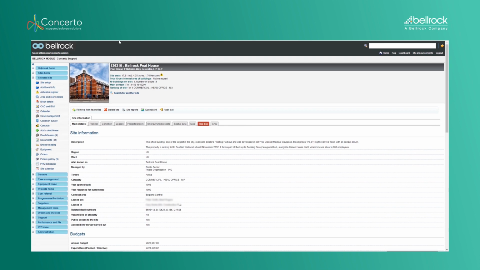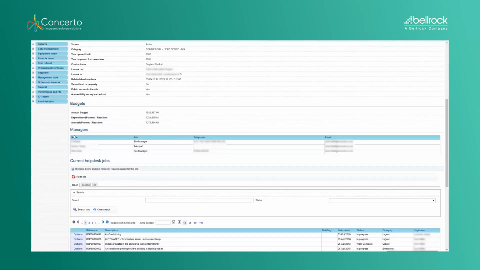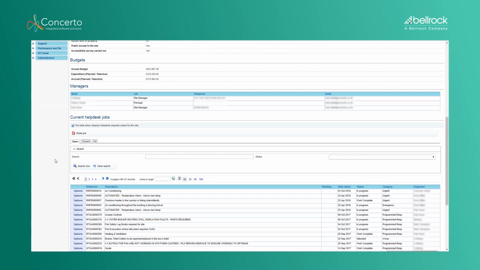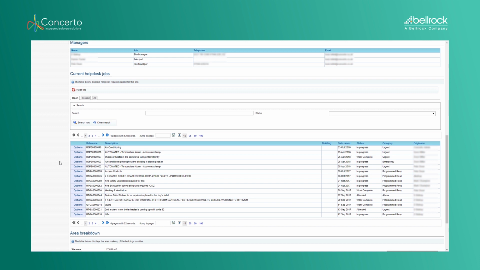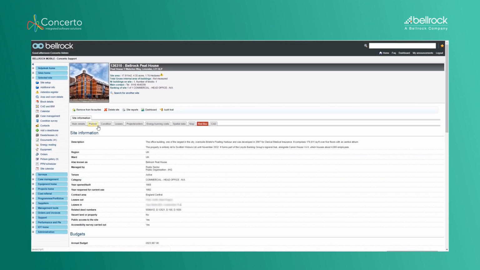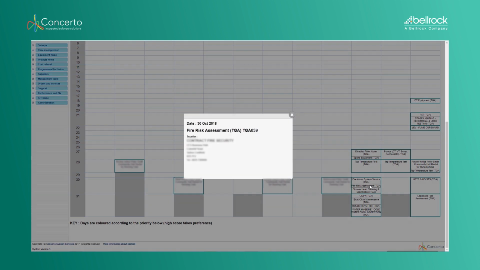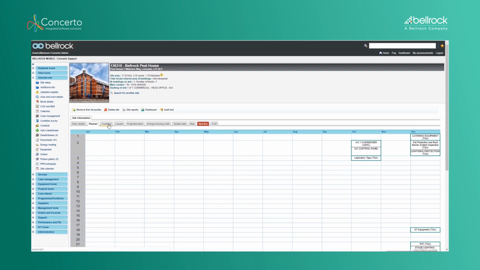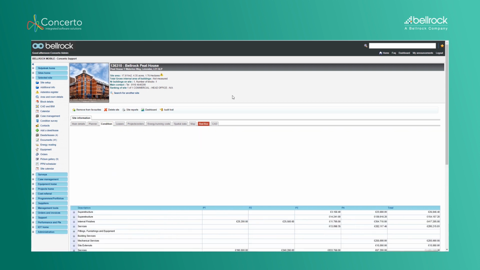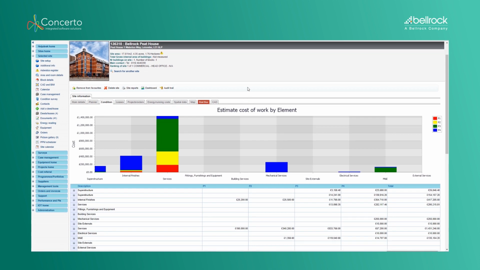So very quickly, we have the main details of the site itself, key information about that site, the key managers, and more importantly, the key actions that are currently being undertaken on that site in terms of current reactive help desk jobs, and then more importantly around the planned or statutory compliance jobs that are expecting to take place as well. Going further down these individual tabs, the condition data that I mentioned earlier is also displayed on the site